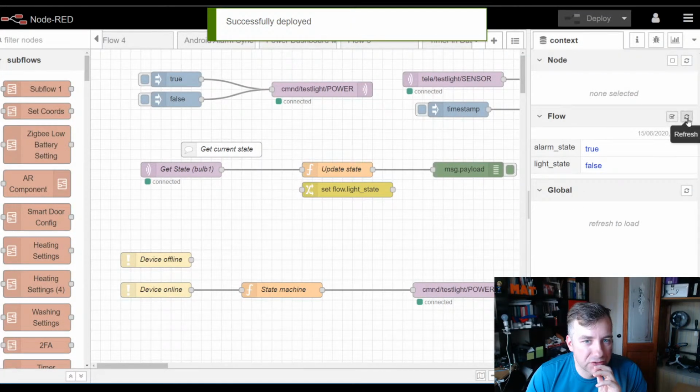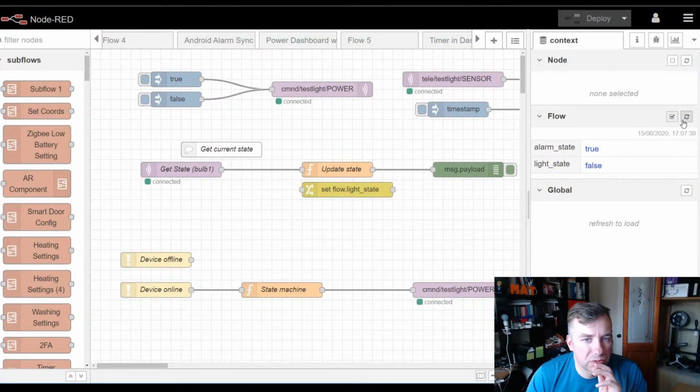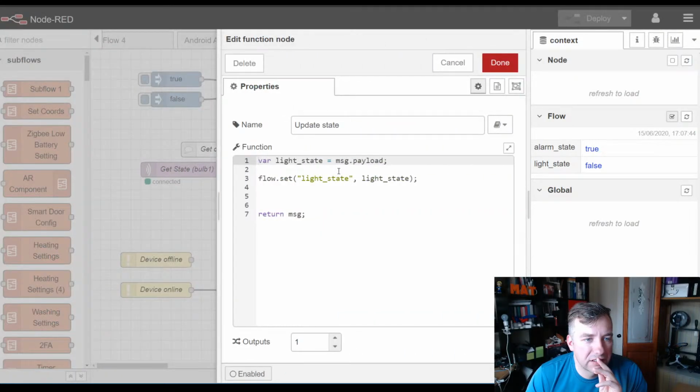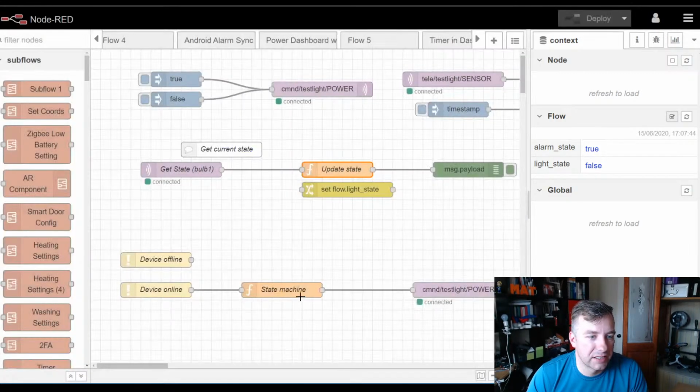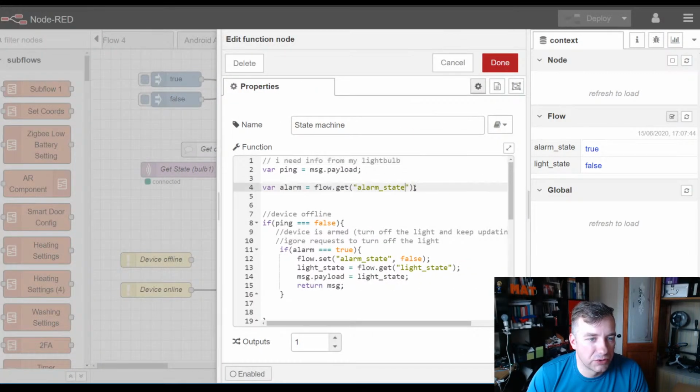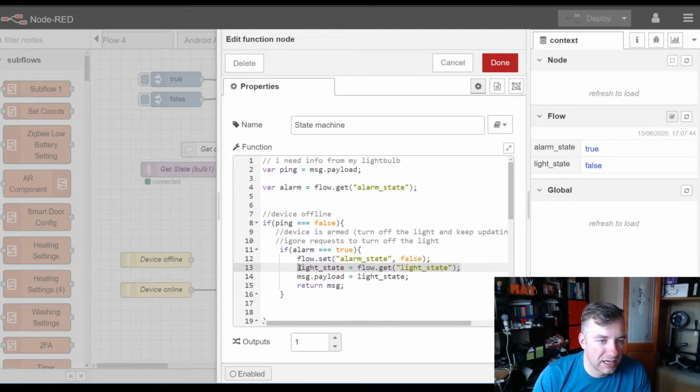Okay, just turned off the light. It saved the light state as false. It's updated states from somewhere again. From here. Because I'm updating to the same one. Okay, so light state, and we're going to do a slightly different bit because it updates to the same variable, and we want to have this only updated once. So